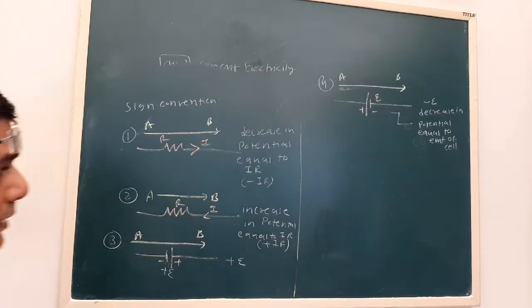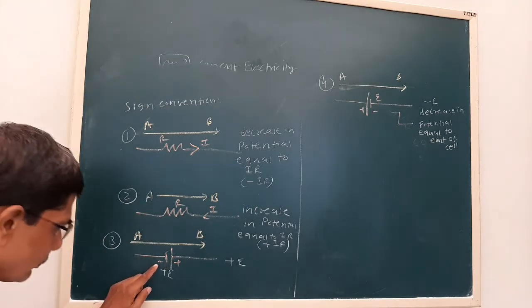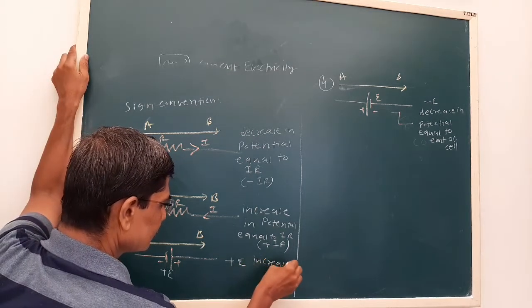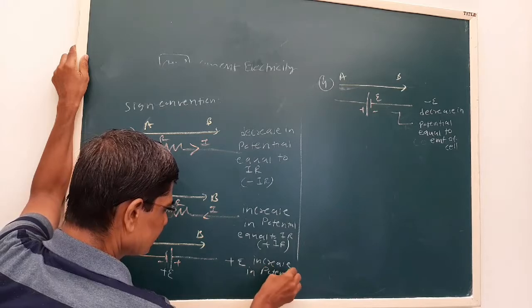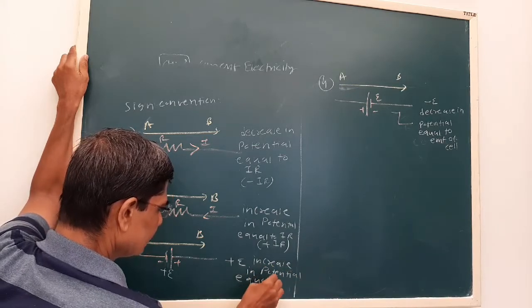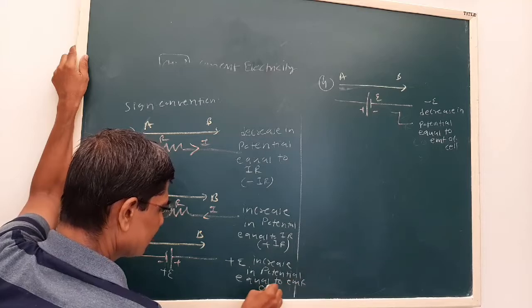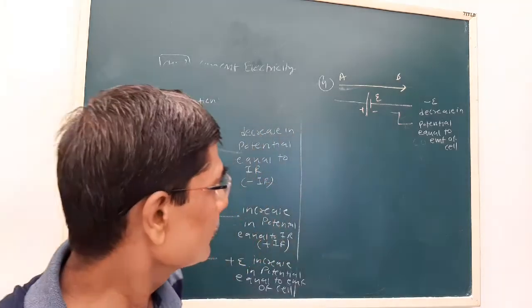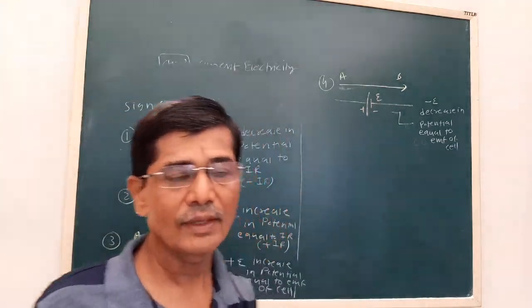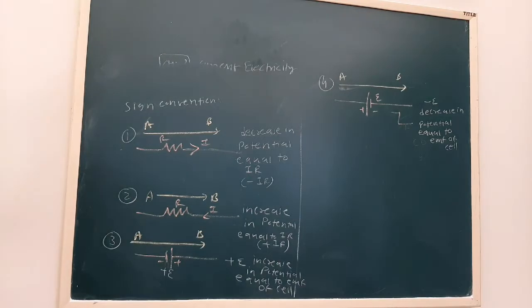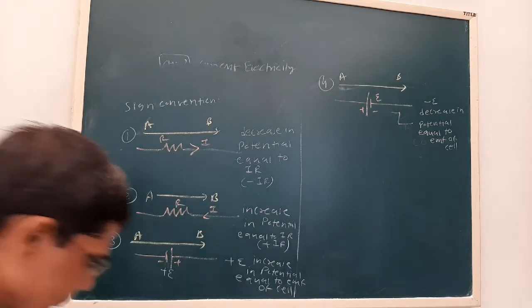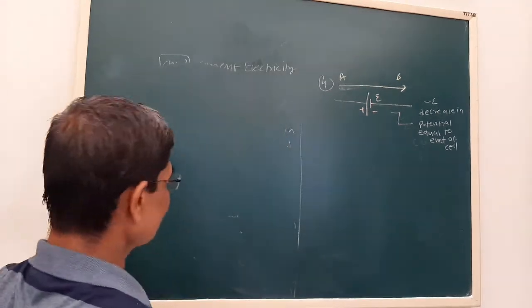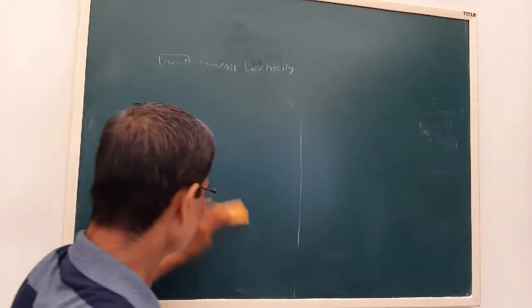Okay. Now during our journey, if we move from negative to positive of the cell, then there will be an increase in potential equal to the EMF of the cell. And if we move from positive to negative of a cell, then there will be a decrease in the potential equal to EMF. See, these are the four sign conventions, very useful for writing any equation. By using this, we can analyze the given circuit.